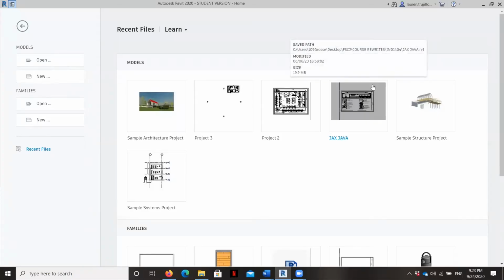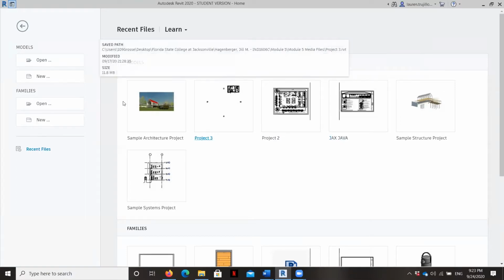In this video, we're going to start the project that we'll be working on through the remainder of the term. So we're going to open and create a new architectural template. Then we're going to import a CAD drawing, check the scale, enter in the geographical location, and then make sure that we save the project.